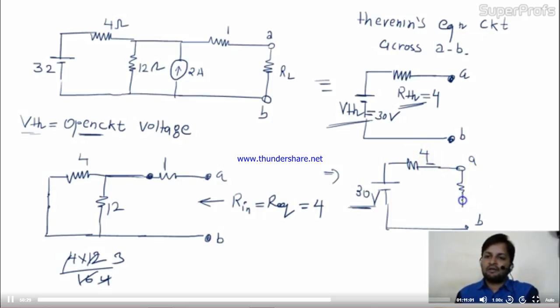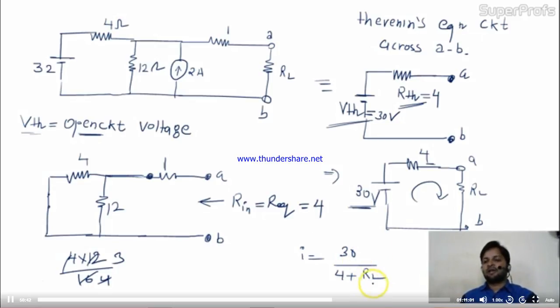Now whatever the load is, no matter, we can easily find the current. The current is now 30 divided by (4 plus whatever the value of RL is). Now you can put the RL as whatever they are asking in the question, and you can find the current easily. This is the way to solve the circuit